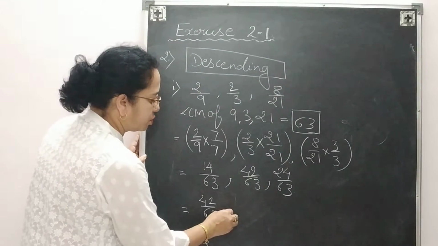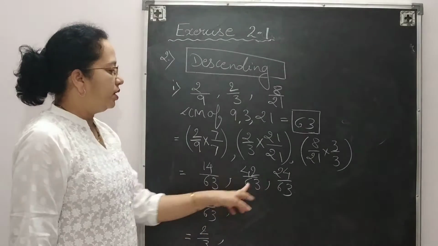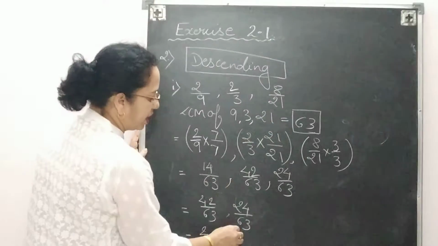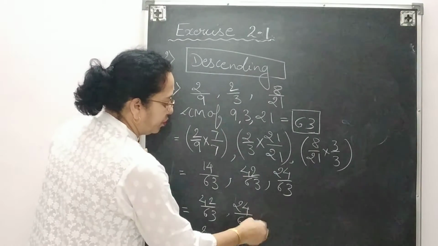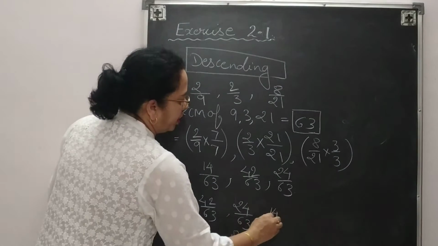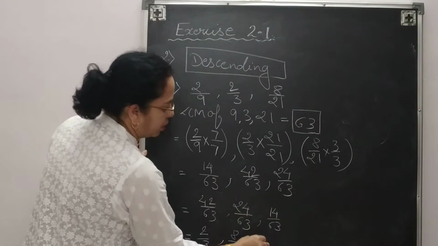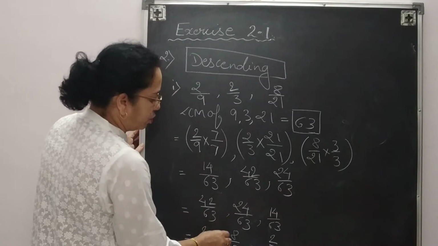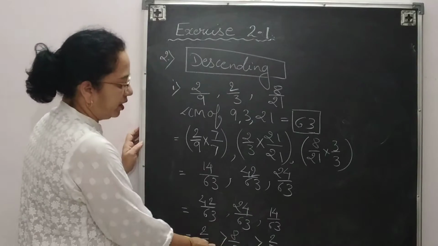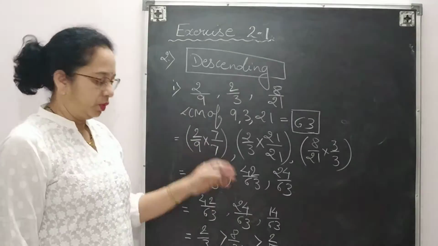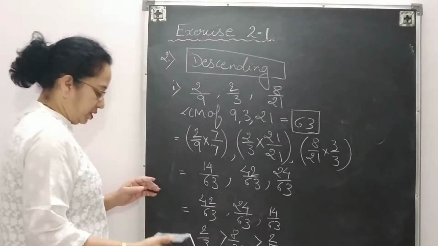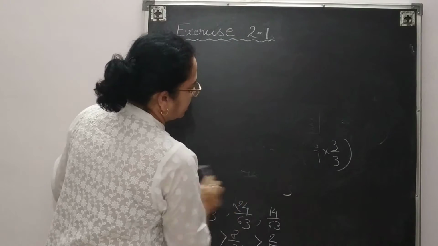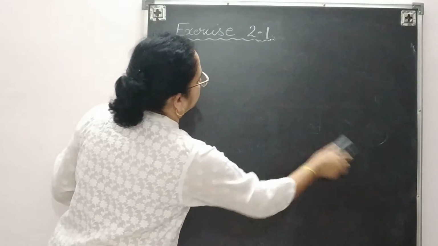Write down these two steps together to avoid confusion. Then the second one will be 24 upon 63. Actually, this is the last fraction. So, which one is the last fraction? 8 upon 21. And the smallest one is 14 upon 63. That is the first one, 2 upon 9. If you want to put here sign, you can put the greater than sign also, and this is the smaller one. So, this is the way we solve, arrange in ascending order or descending order. Method is same, only the last step, arranging part is different.